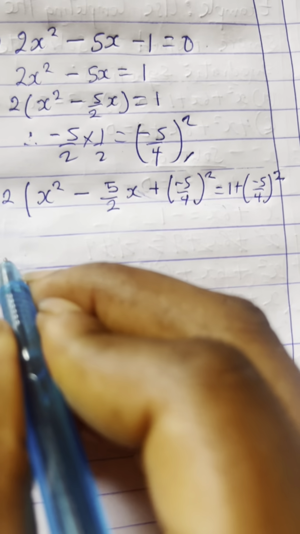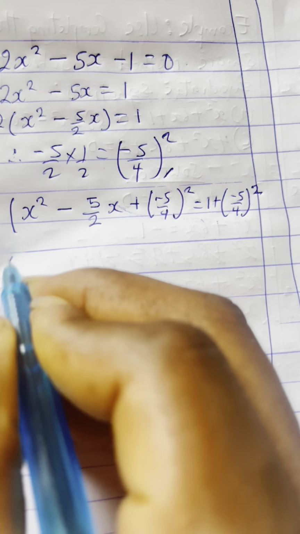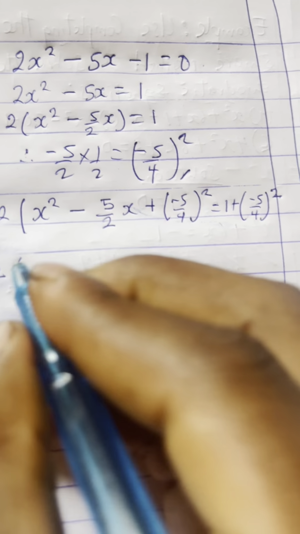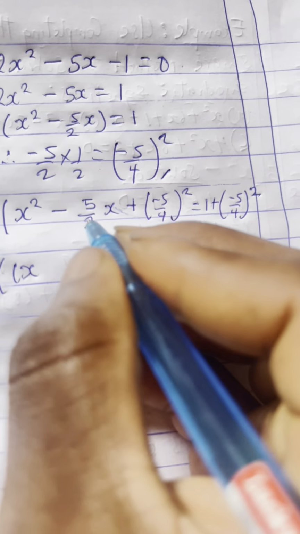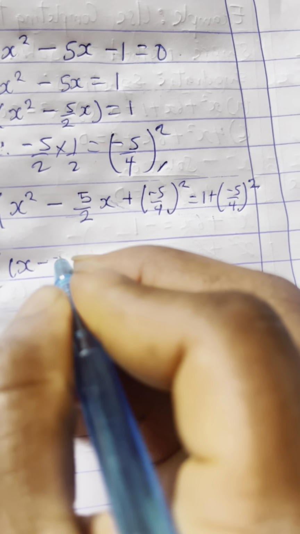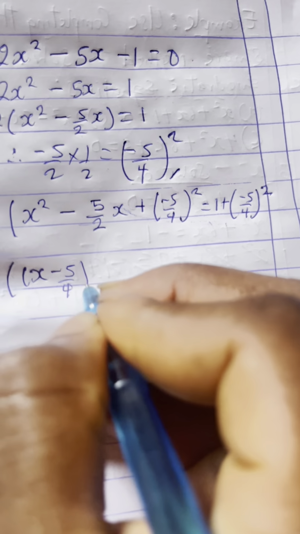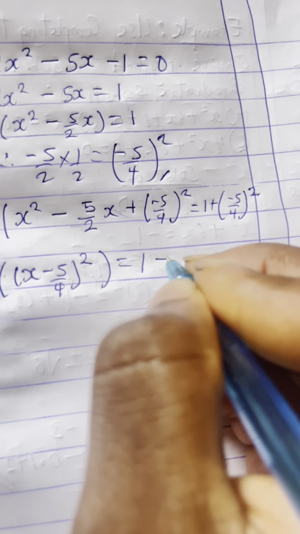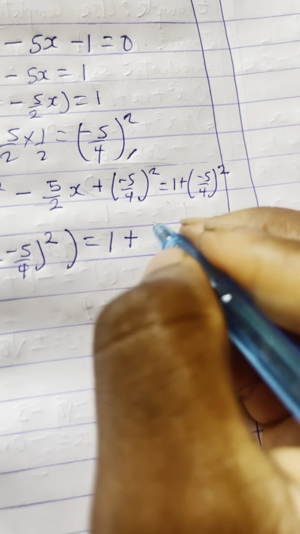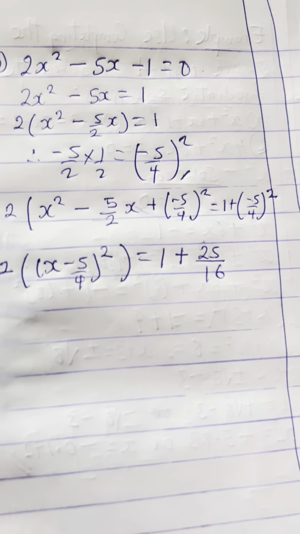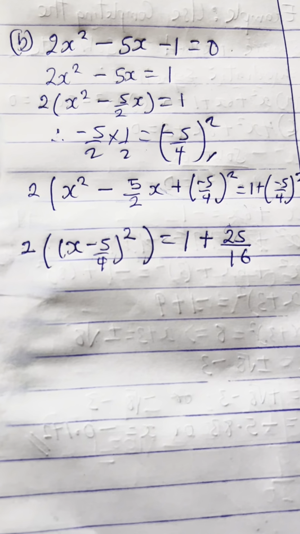So this will then be written as 2 open bracket x, ignore this, and what is inside the bracket here, which is minus 5 over 4, write it out. Minus 5 over 4, close the bracket, squared, close general bracket, equals 1 plus, what is minus 5 squared, that is 25, over what is 4 squared, that is 16. So at this point,